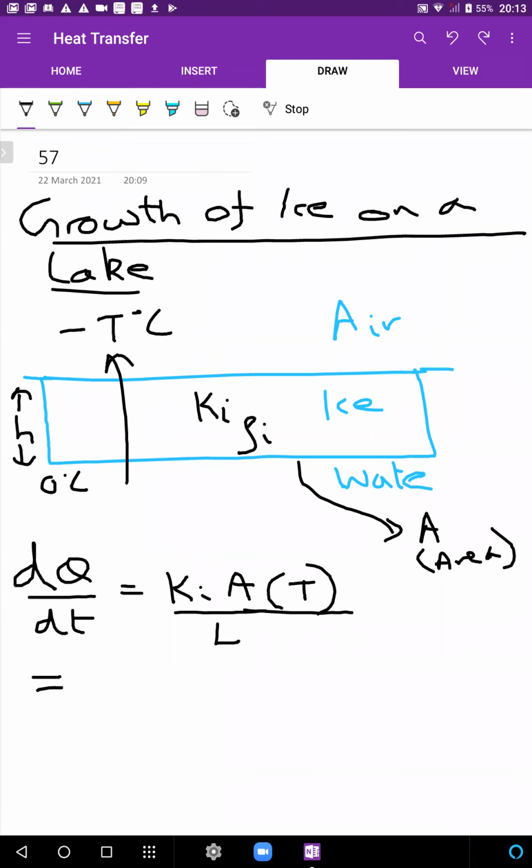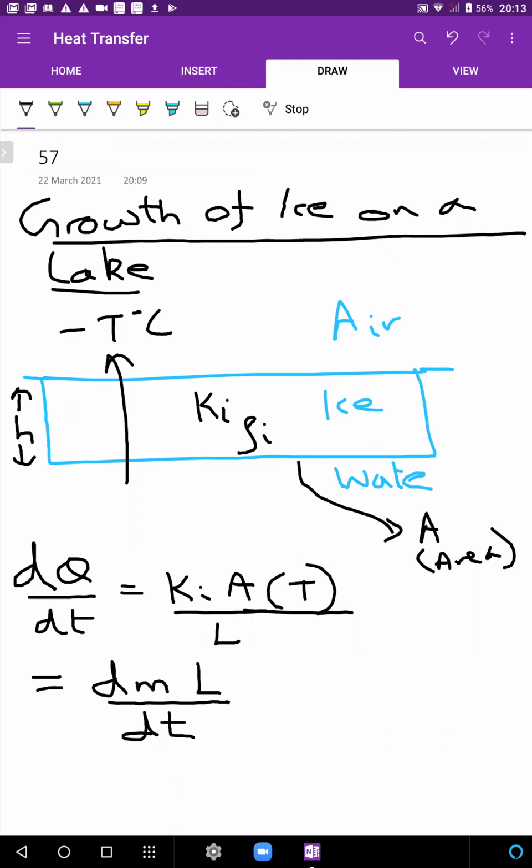So the amount of heat being transferred is going to be the amount of water that's going to freeze and become ice times L. Because when water freezes to become ice, it gives out this much amount of heat. So dQ = L dm/dt, where dm is the mass of water freezing in dt time. Now the mass of water freezing in dt time will be how much?